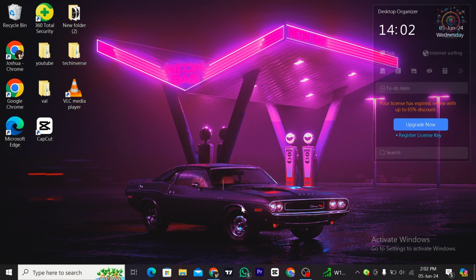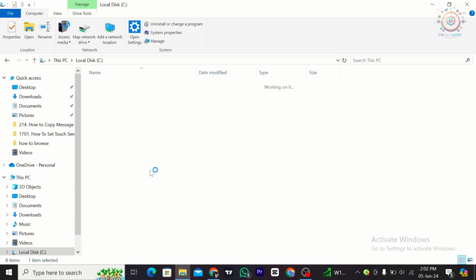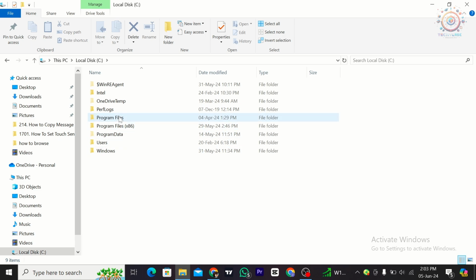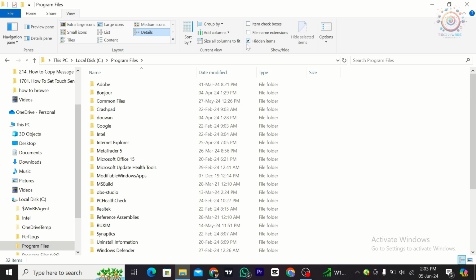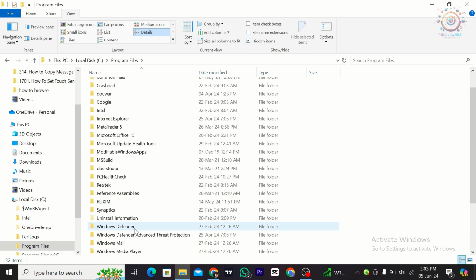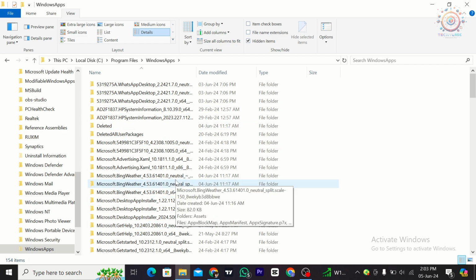And all you have to do is to tap on the File Explorer. We're going to click on This PC, then we're going to click on Local Disk. We're going to click on Program Files, then we're going to click on View and make sure that we are on Hidden Items. In the case that you're typing on WindowsApps and you're not able to see the files